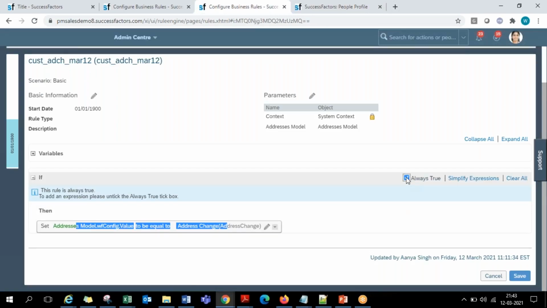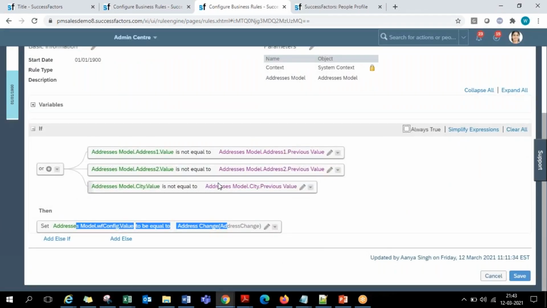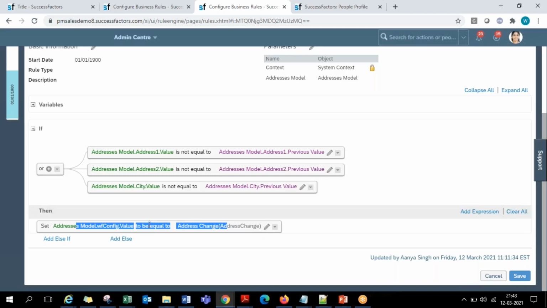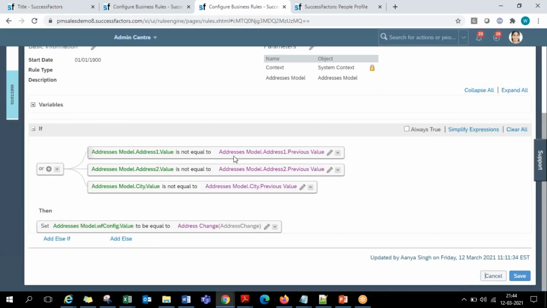If you want conditions, then only we write them. If a customer has a different requirement, for example if these 3 fields change, this is the workflow, and if some other fields change, some other workflow, then only you are required to write conditions at field level.